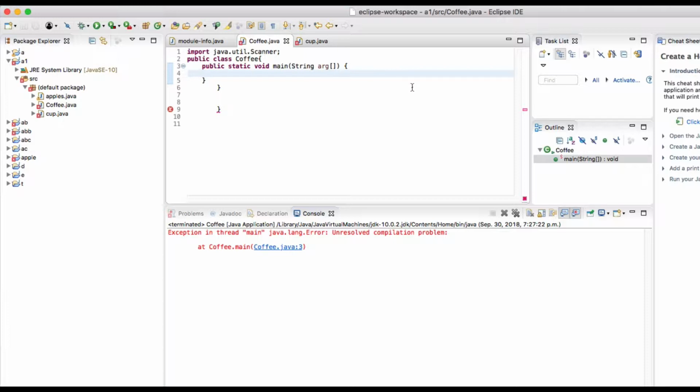First we have to import the scanner. I already imported it right here, and we have public class and then the main function. Inside of this main function I'm going to put the for loop,